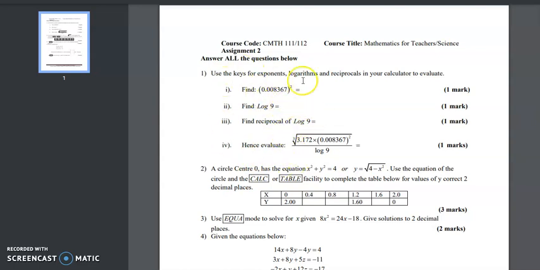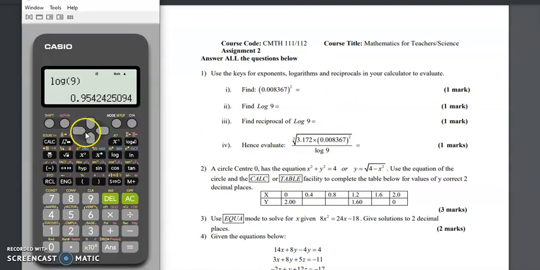Assuming that n is a number, then to find the reciprocal of n, it will simply be 1 divided by n. So it means that we have to convert the number to the upside down form. For example, the reciprocal of 9 is 1 divided by 9. So let's take our calculator again and see what is the